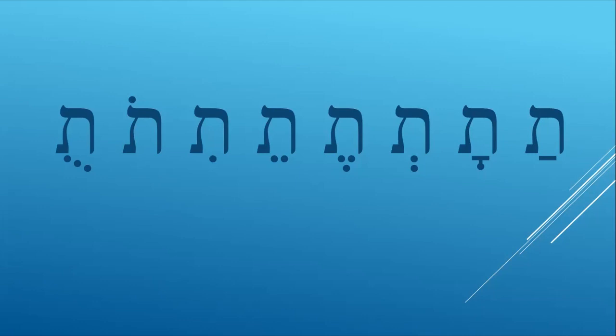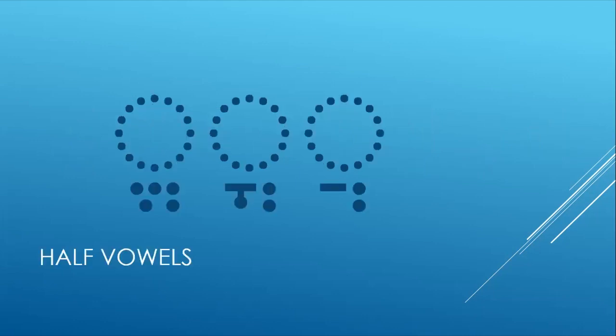Like there's not just one T, for example, right? There's different ways it's actually being articulated, or at least was historically. It's meaningful. So the half vowels, the khataf vowels, you have khataf patah, khataf qametz, khataf sego. These go under the guttural letters that